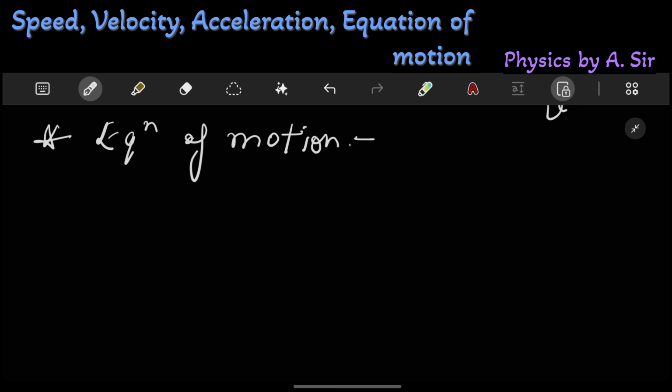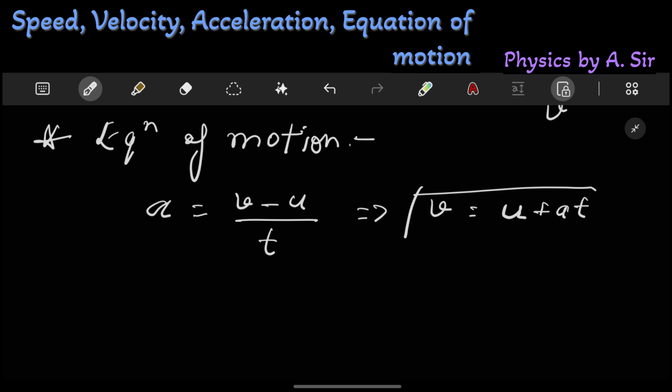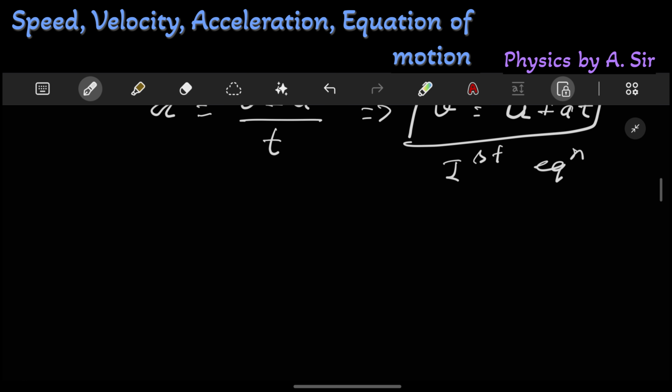Let's see. The first equation is, as we previously saw, a equals change in velocity upon time, v minus u by t, so v equals u plus at. It is the first equation of motion. Now the second equation: displacement. What is displacement? Let's say, second equation. Displacement